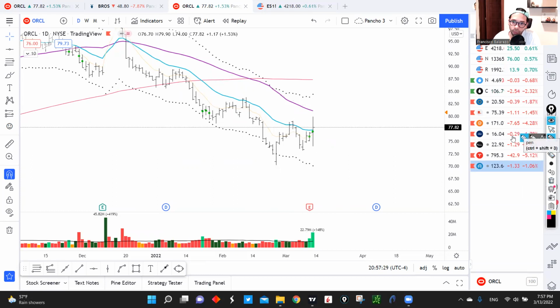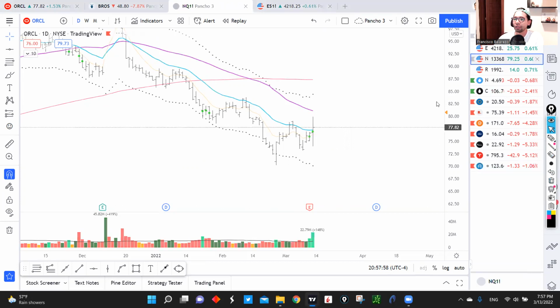So the setup here will be waiting for Oracle to trade as close to this declining 50 daily moving average, and then use that daily moving average as your covering guide, and then just waiting for Oracle to perhaps break this bear flag and continue to move lower. So those are the names that I have for you guys. I hope that you find these weekly watch lists helpful for you. And I think that the market will continue to move lower.